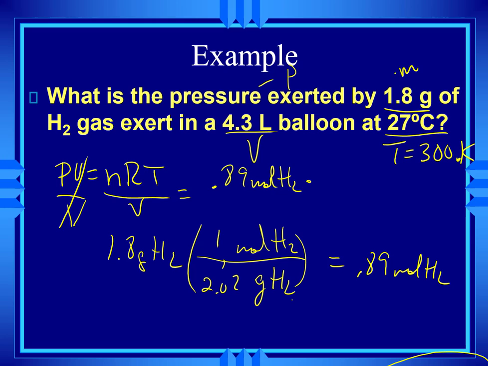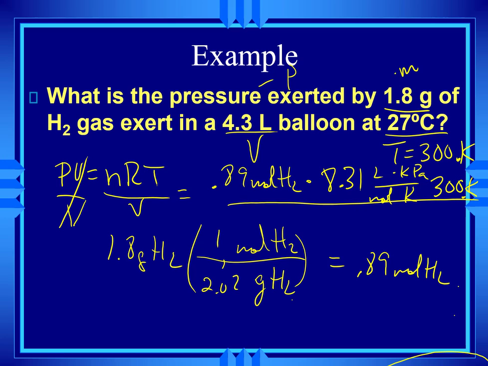times R. Which R? Doesn't matter. Just depends on what unit you want your pressure in. And since they didn't specify, I get to pick any one of them. I'm going to pick the actual metric one, which is 8.31 liters kilopascals over mole Kelvin. The temperature was 300 K, and the volume was 4.3 liters. So I got that 0.89 still sitting in my calculator, so I just push times 8.31 times 300 divided by 4.3 equals,